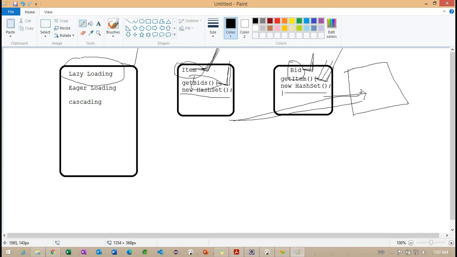Inside the cache memory it identifies whether the data is available or not. If the data is not available, it connects to the database to load the data. Once the data is loaded, it saves the data into the cache. From the cache the objects are returned here, right?